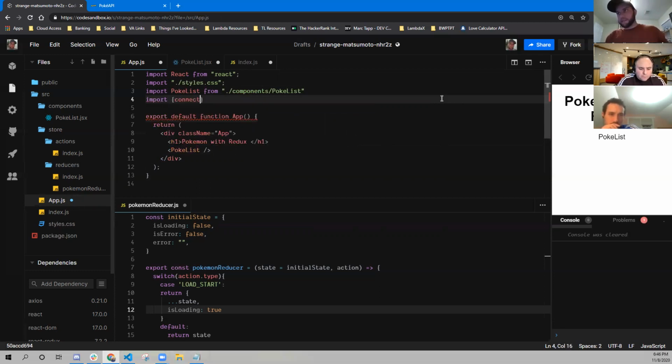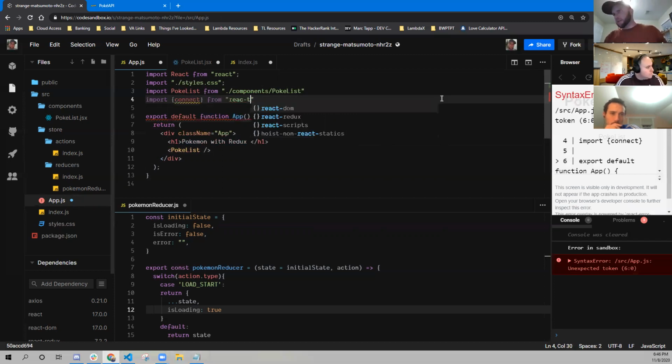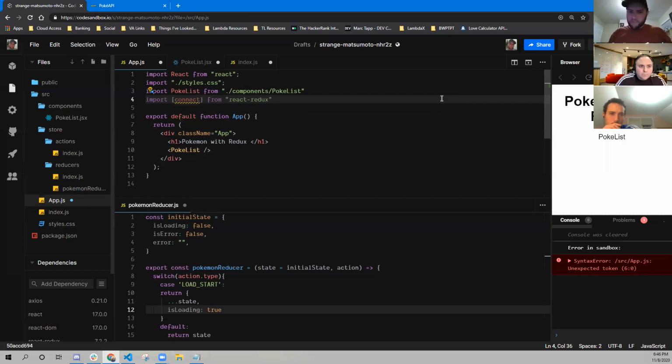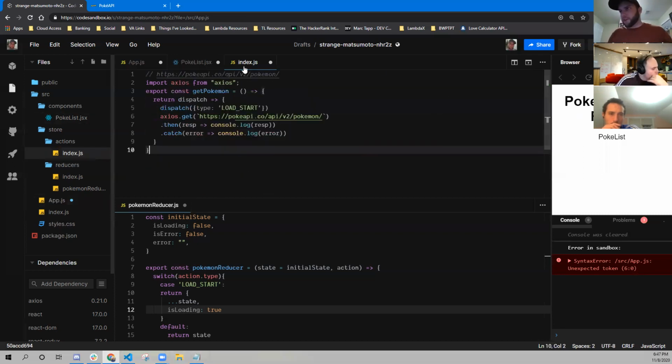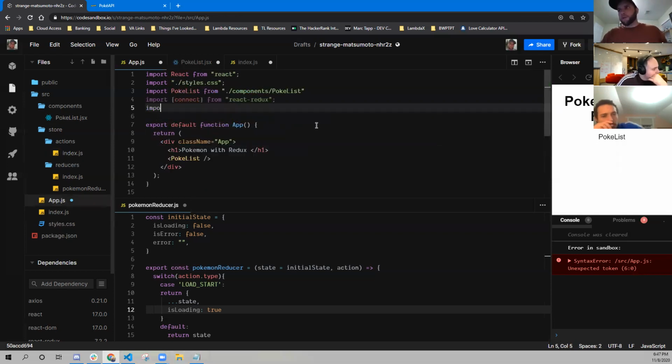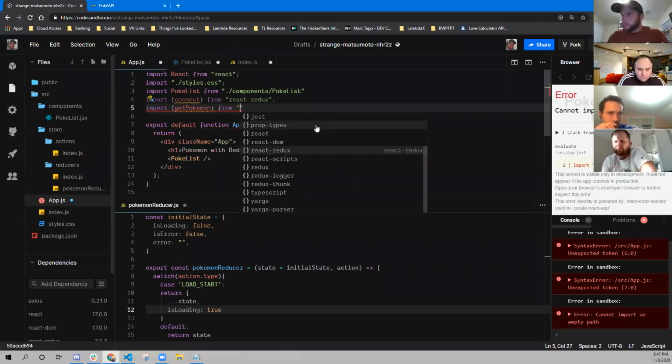I need to connect this to my state from React Redux. And then I also need to import in this functionality. The function name is called getPokemon, so I need to import that in also. So import getPokemon from